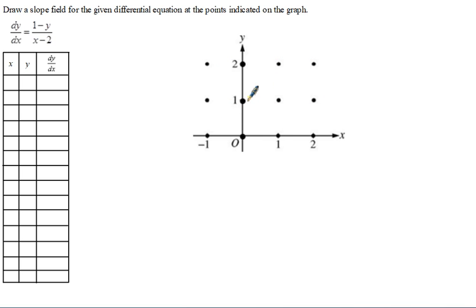So you get an idea of what the slope of the graph would look like if it goes through that point. So you could substitute in one point at a time here. In this case, we've got 12 different points. However, it's probably easier if you try to find any horizontal or vertical tangent lines first. So for the horizontal ones, you want the numerator equals 0. And here, notice if you add the y over, you get y equals 1. So when y equals 1,